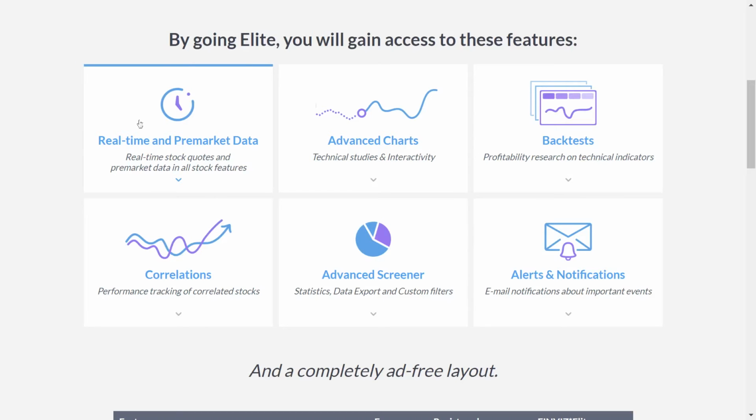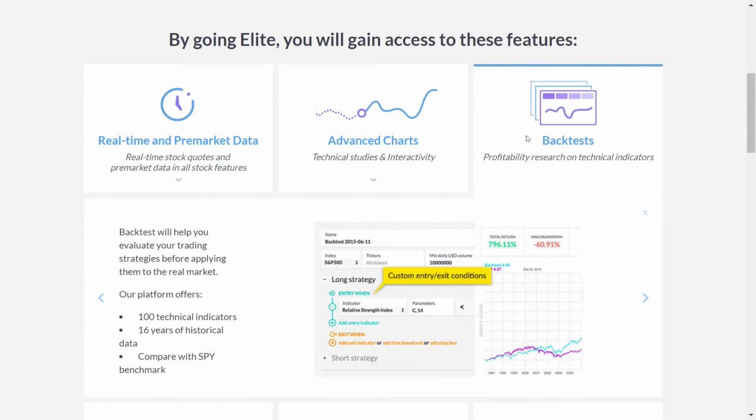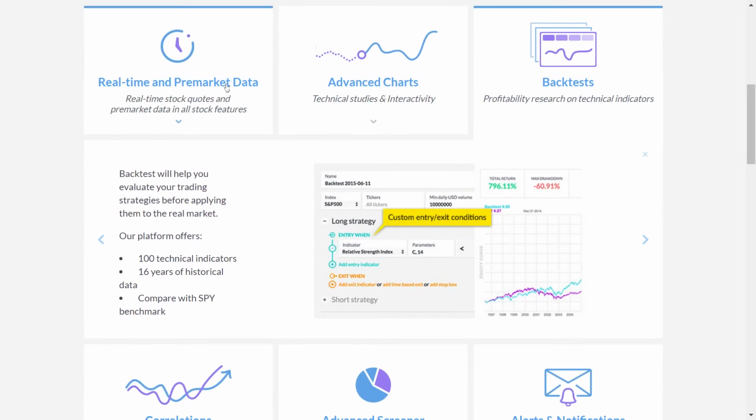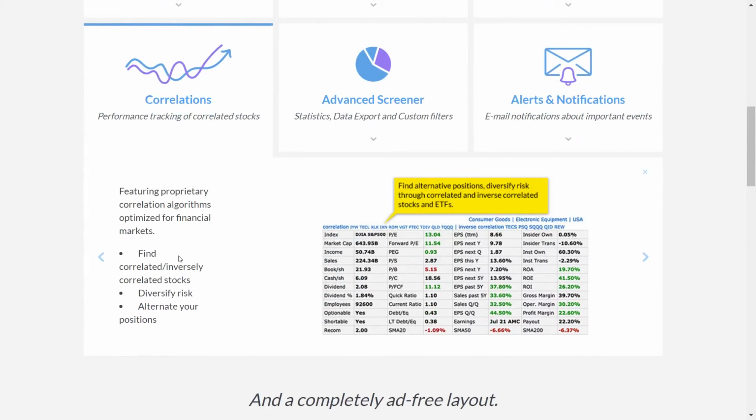Of course, they have the Elite program. You can get the real time, you can get the advanced charts, you can get the backtests, of course, all these exciting things here. It's up to you if you want to consider it. I'm kind of 50-50 right now, but I'll be making a video or a review on it a little later if I do end up deciding to get it, because